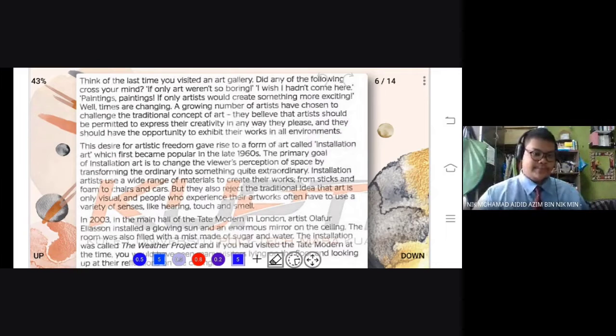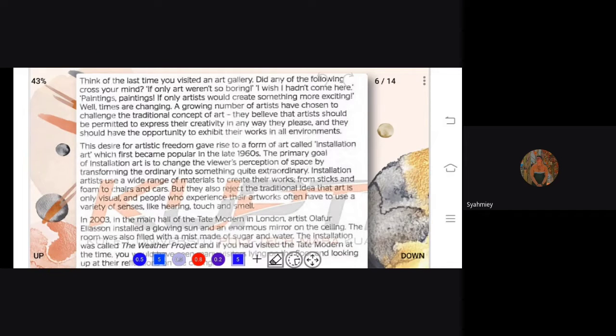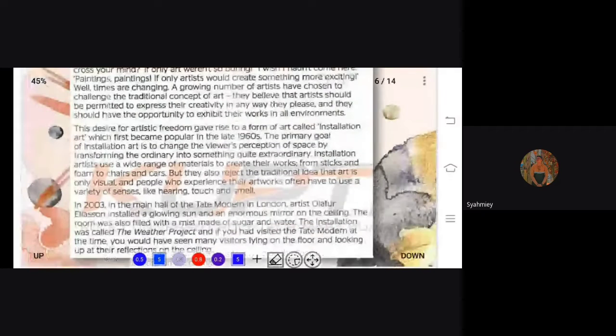The desire for artistic freedom gave rise to a form of art called installation art, which first became prevalent in the late 1960s. The primary goal of installation art is to change the viewer's perception of space by transforming the ordinary into something quite extraordinary.